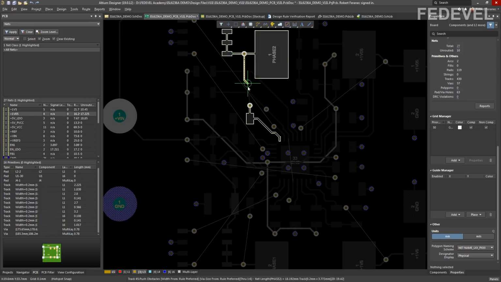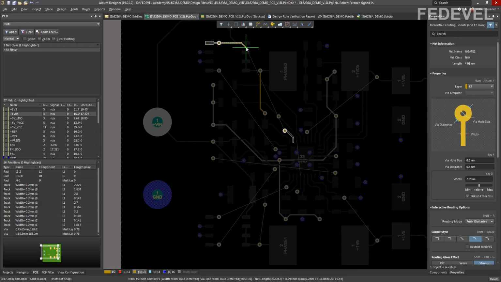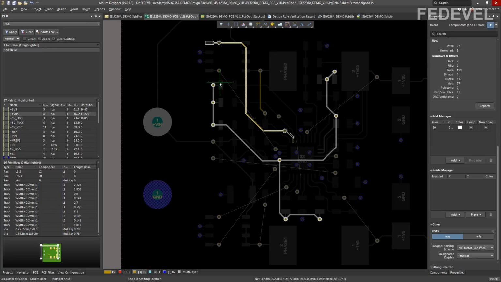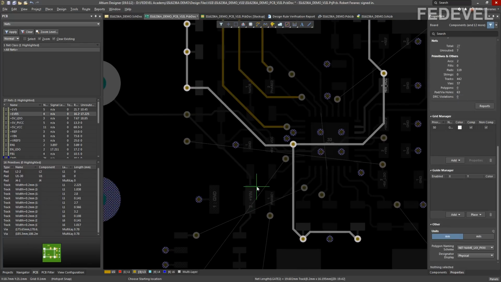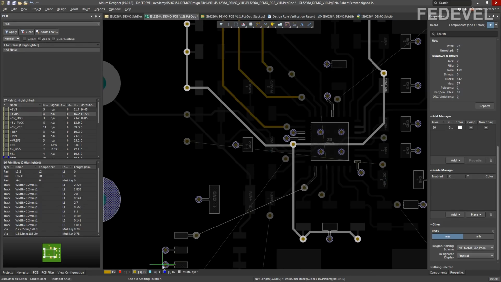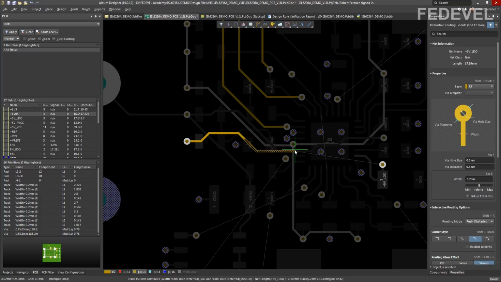Left click, left click, left click, this one, here is something unconnected. We can connect these two. Don't forget, this is on a different layer. It is on layer 4, so we can simply draw this way.